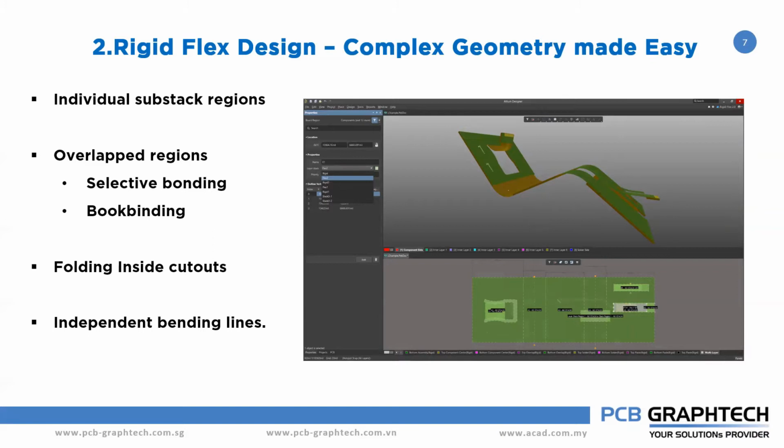Okay, split them, you can edit them, and then you can also place the bending lines wherever you want. Previously it was able to place only at the centers, not at the edge, but now in Altium Designer 21 you can place the bending lines at the edges of your board or at the cutout of the board. Okay, anywhere you can place the bending lines. And also once you define your board shape, you can also edit your bending lines. Okay, so this can be done.